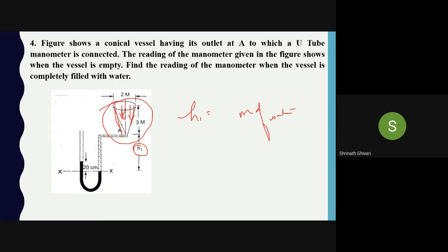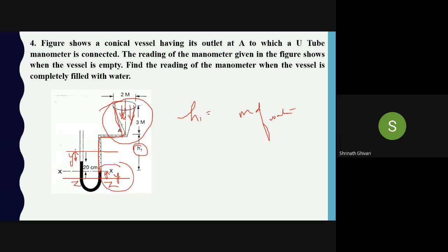So when it's completely filled with water, what will happen? It will start applying a pressure on the mercury. So the mercury level will go down. It will come up here till this point. This will become a new datum line. Now, at what distance has it fallen? Y. So it will rise by Y here. How much it has fallen, that much it will rise. That I have told you.